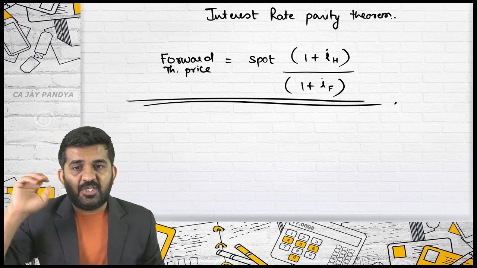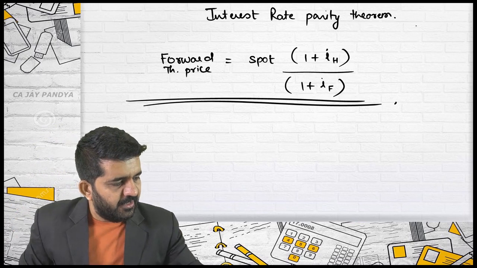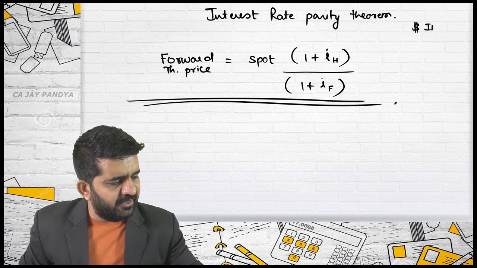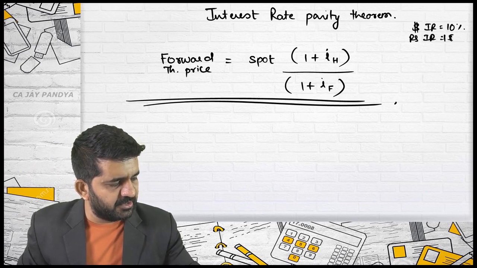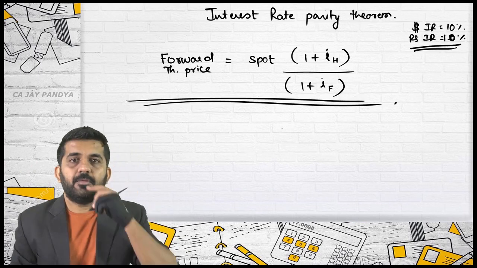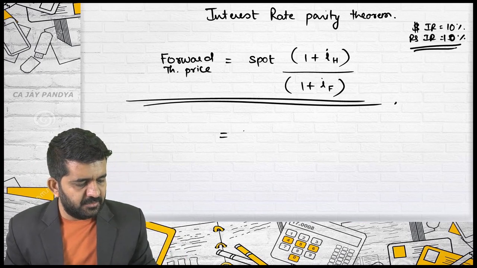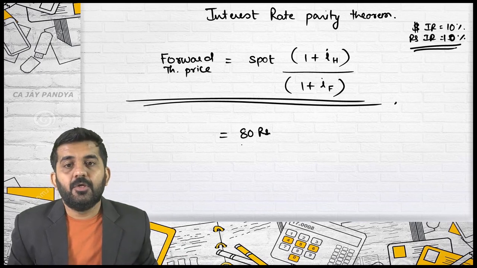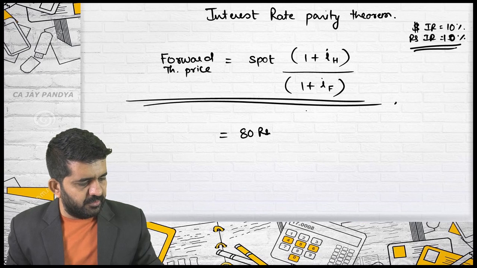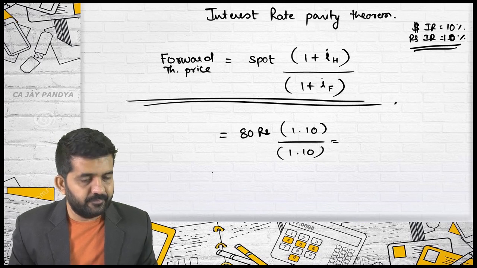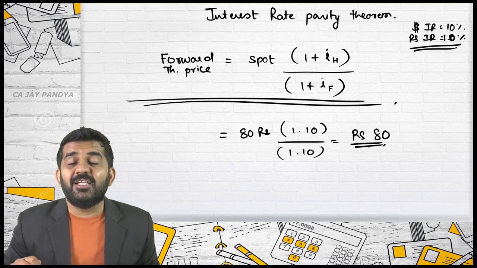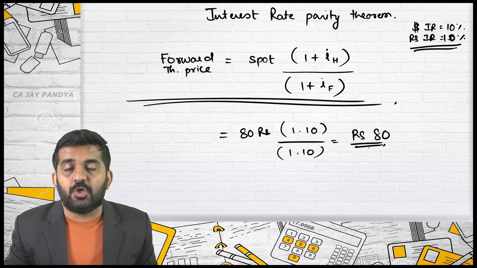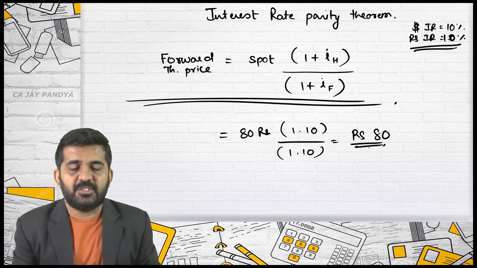Let's start. Sakshi, for your question which you asked in between: if USA or dollar interest rate is 10% and rupees interest rate is 10%, sorry, spot price is 80 rupees. What will be the forward price? Can you tell me without calculating? 80 rupees. It will be rupees 80. Sir, 80 rupees. Is it all? And this can be the actual price of forward even. Is it all right?